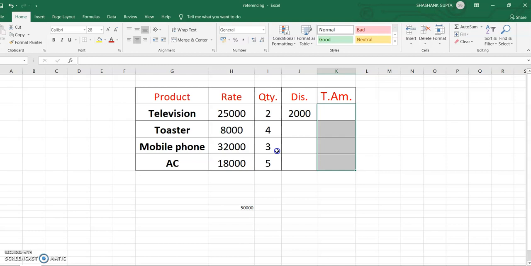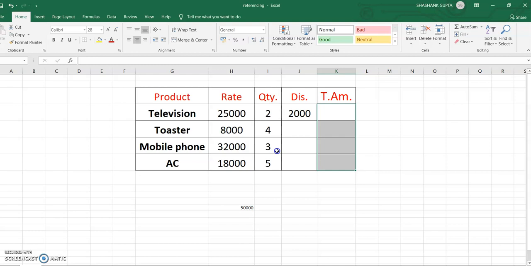So it is up to you, like dollar B, dollar 4, dollar C, dollar 5, something like that. So you have to put the dollar symbol before the column name or the row number. This referencing is used.